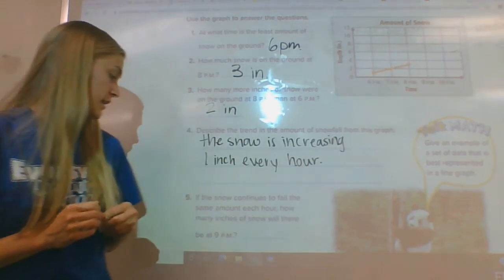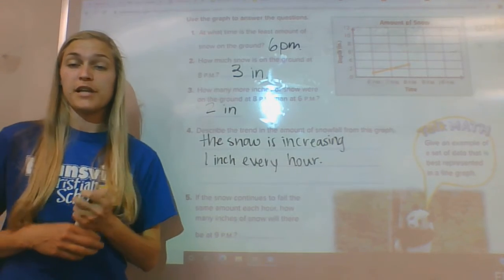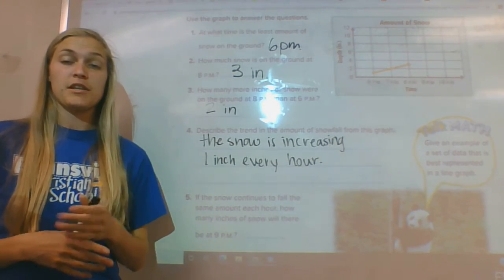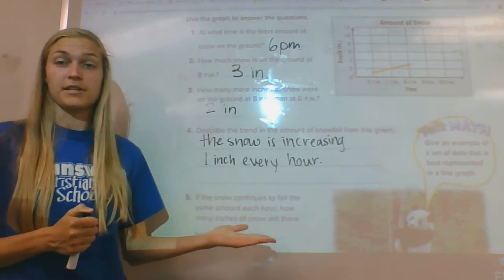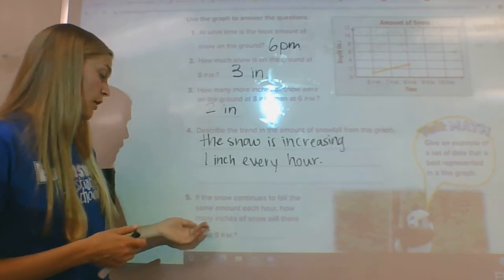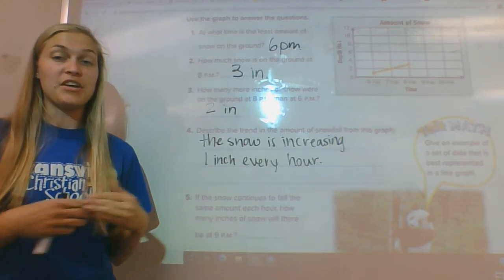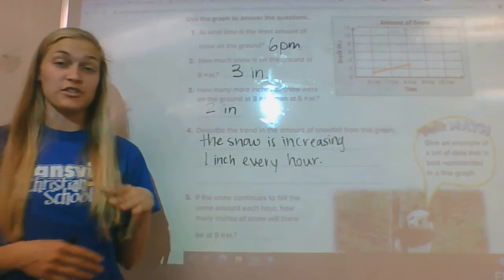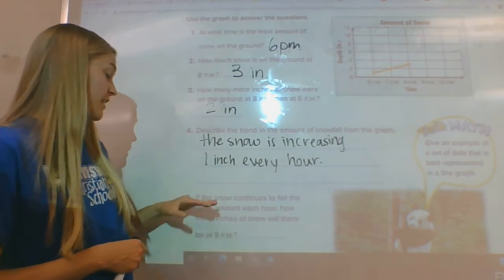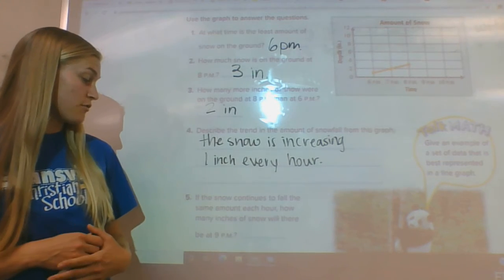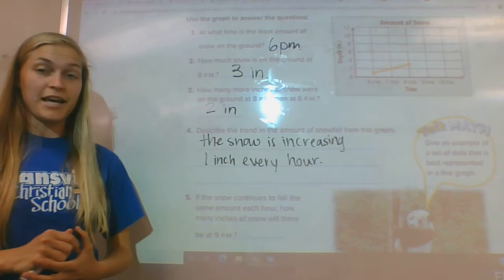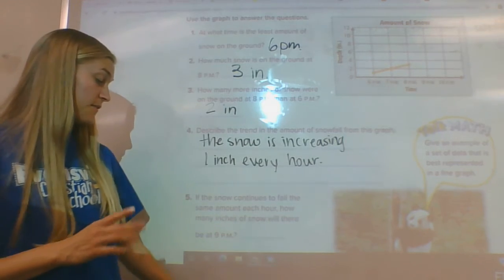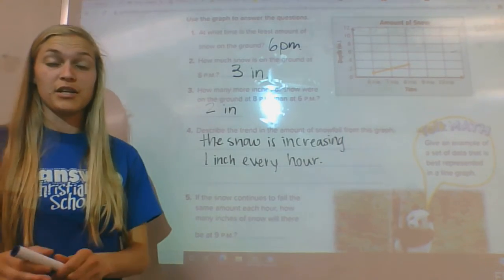Okay, so then it asks us if the snow continues to fall. So now we're going to be making a prediction. This isn't necessarily a fact that's happened. Actually, it's definitely not a fact that's happened. We are making a prediction about what would happen in the future, and none of us are prophets. So it's just a prediction, just a guess. If the snow continues to fall the same amount each hour, how many inches of snow will there be at 9 p.m.? So it says if it stays the same, so you need to make sure we increase at the